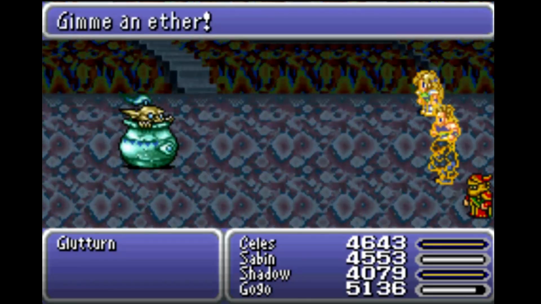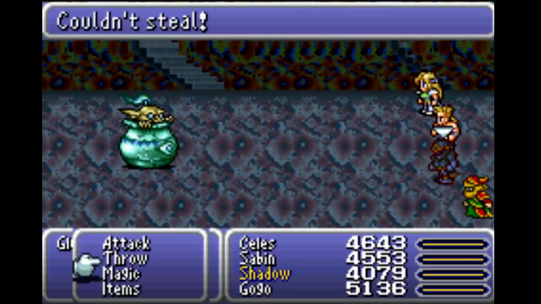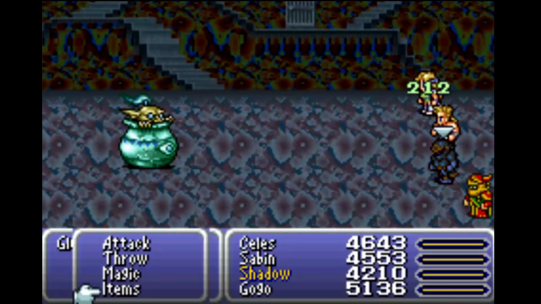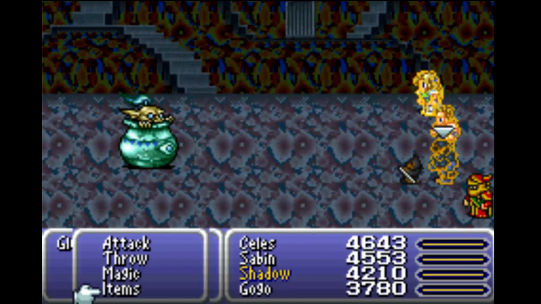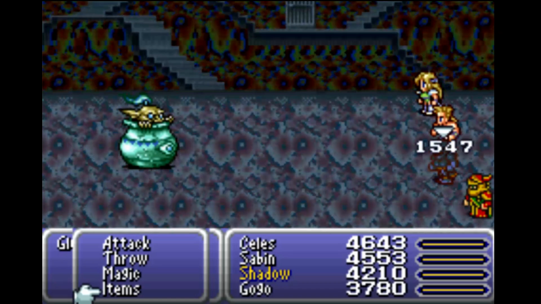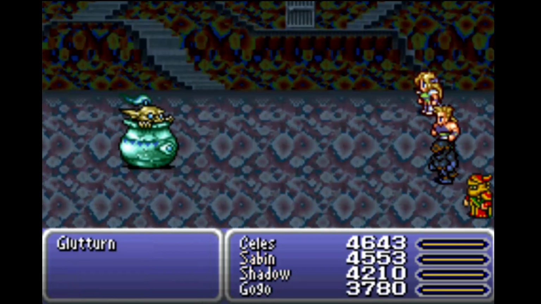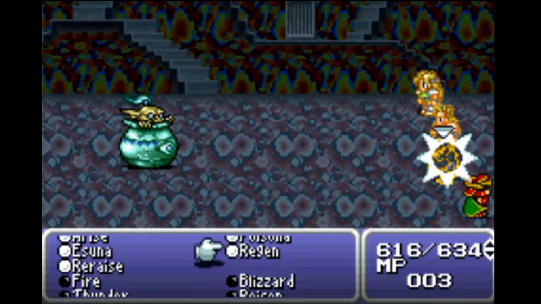Ah, here's the Gluttern. So, this guy gives me... Not sure what I can steal from him. Yeah. Not sure what this guy gives me, if anything. Stingy, aren't we? So now what's he gonna do now that I'm not giving him what he wants? Okay, powerful physical attacks. That's funny. I thought I told you to steal from this guy. Yeah, he's coming in with powerful...